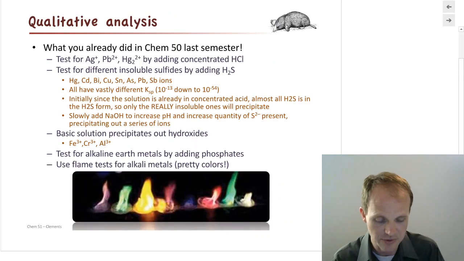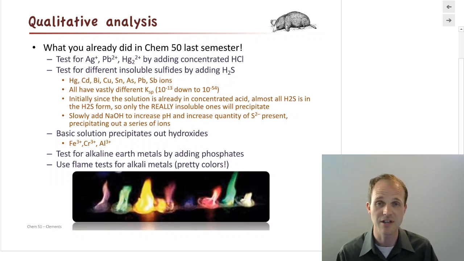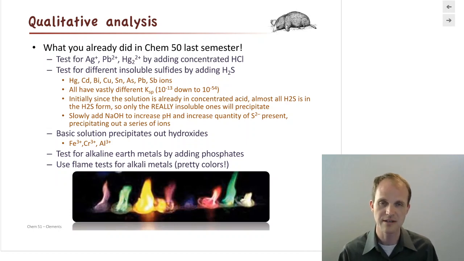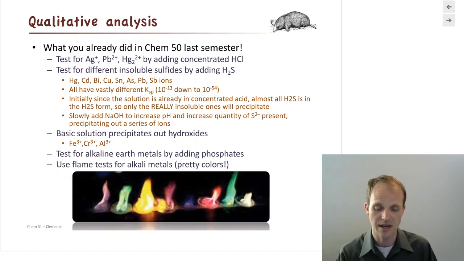So another way that people use the relative solubility of things is something called qualitative analysis. Now, we're not going to get a chance to do that this semester, but you already did something somewhat similar to it in Chem 50. Right? You did spot plates where you're putting in little chemicals and testing for the presence of silver, lead, and mercury. And you did that by adding hydrochloric acid, because we know that the chlorides are insoluble with lead, mercury, and silver. And so if you add those and they precipitate out, you know you have one of those ions. And so that's a way of qualitatively, right? Because all you had to do is drop and look for a precipitate, qualitatively figure out whether you have